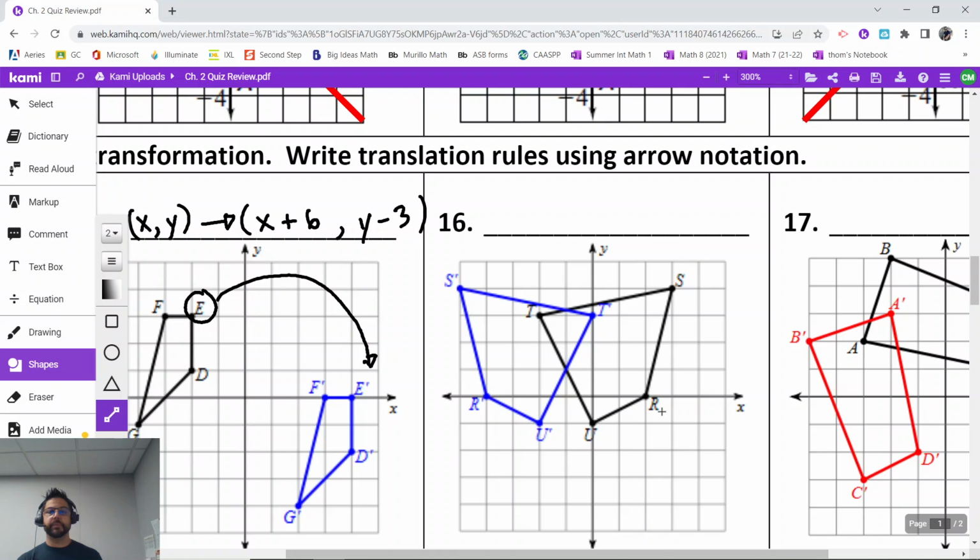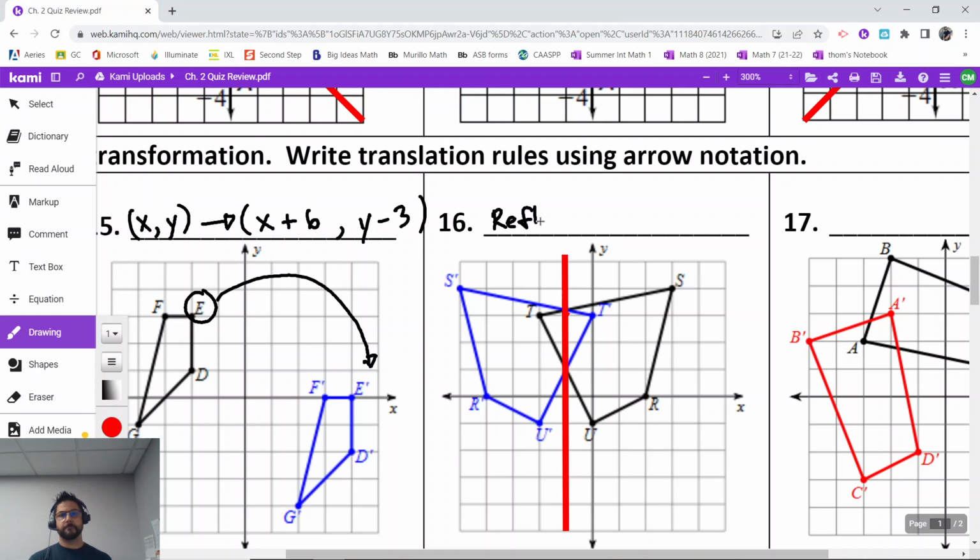And then you really just need to ask yourself, am I going to make my highlighter horizontal, vertical, or diagonal? And hopefully you can notice just as we make this line here, that it keeps it balanced for all the points. So our rule would be written as reflection across. Notice it is not the x-axis, it is not the y-axis. Since it is a vertical, it needs to be either